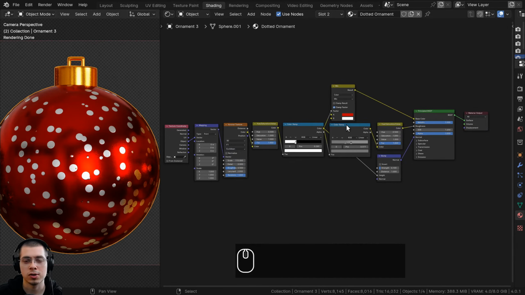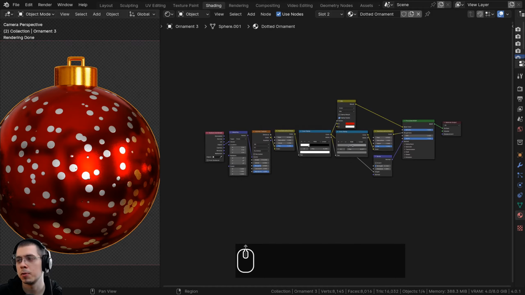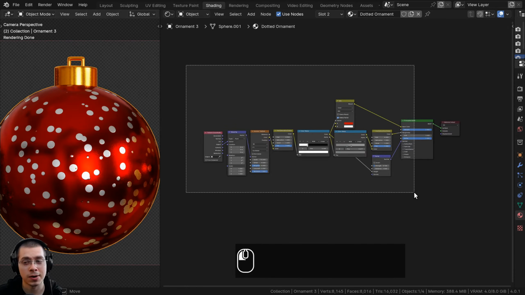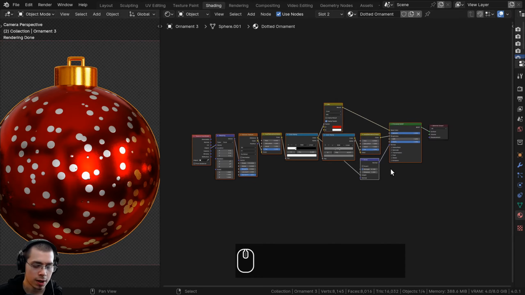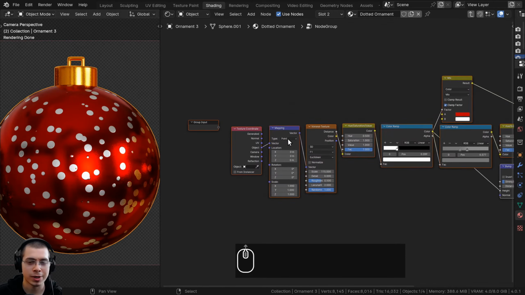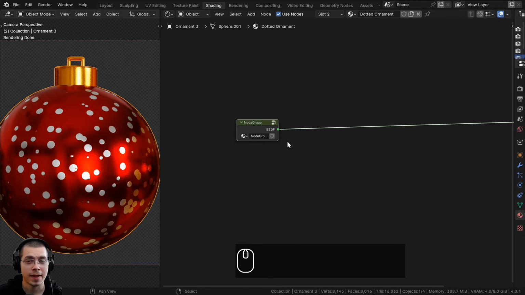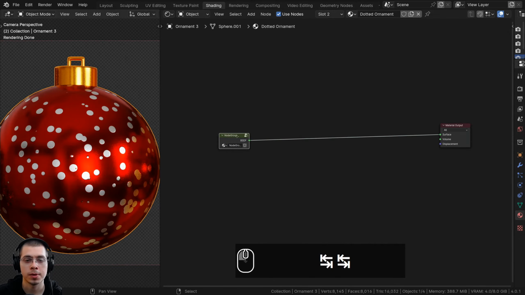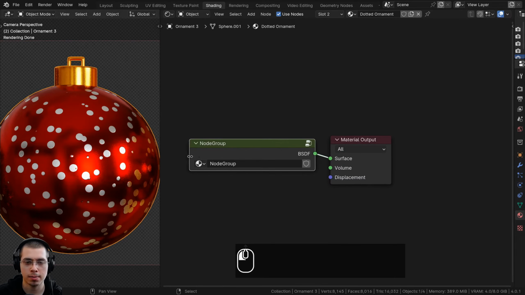So I'm now going to show you how to join the material together into a custom node group. So I'm going to click and drag to box select all the nodes except the material output, and then I will press Ctrl G to join it together into a node group. Now if you press the tab key with the node group selected, that is going to go in and out of the node group. So let's drag the node group over here, and I can make it bigger,